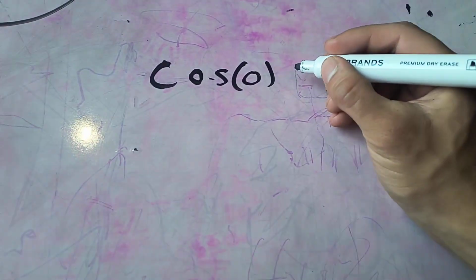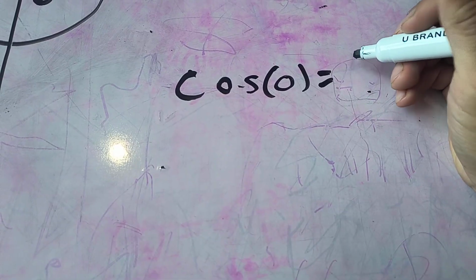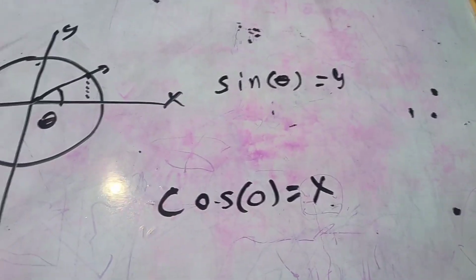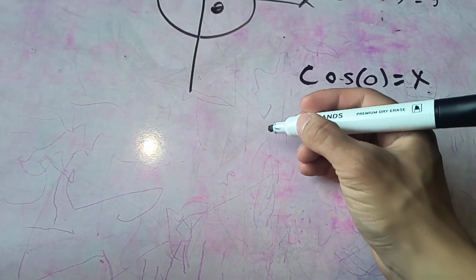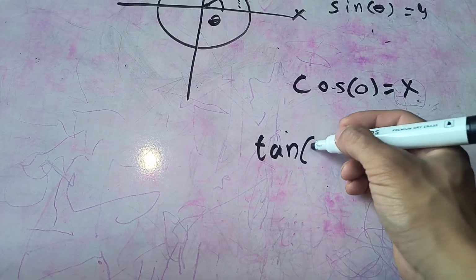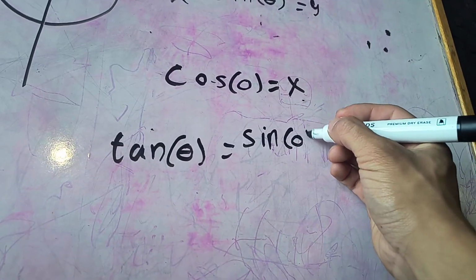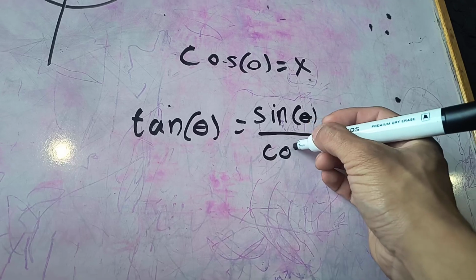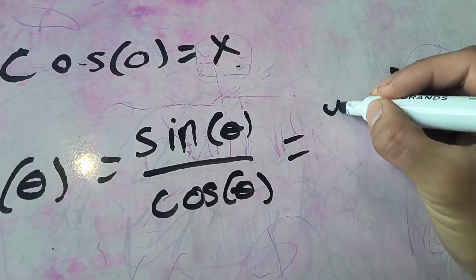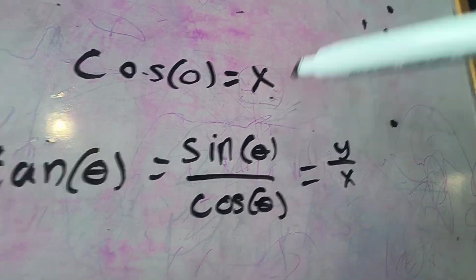You know, all that good stuff. It's equal to x of theta. And we know that tangent of theta is equal to sine of theta over cosine of theta. But sine and cosine of theta are y over x. Does it seem kind of familiar? Well, if you really think about it,